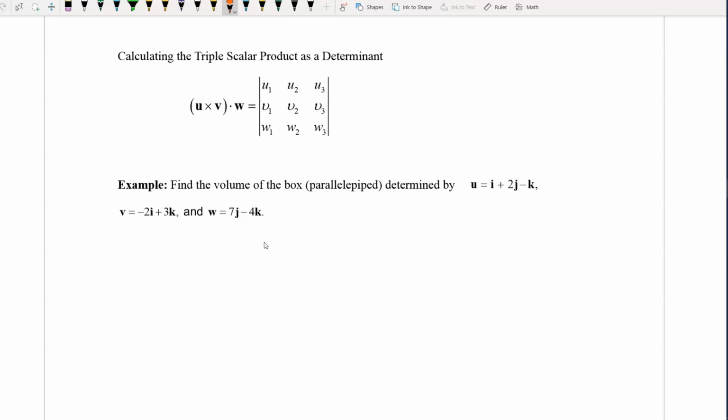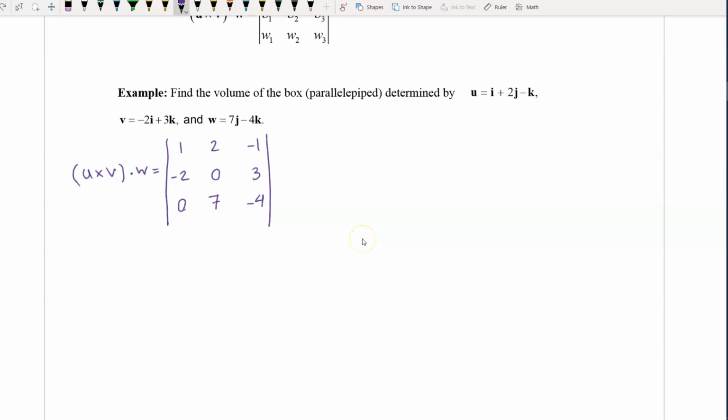Now, for example, find the volume of the box determined by these three vectors. We have U equal to i plus 2j minus k, V is equal to negative 2i plus 3k, and W is 7j minus 4k. So here we have the determinant of a 3 by 3 matrix. On the first row we have U, on the second row we have V, and on the third row we have W. And this is equal to,